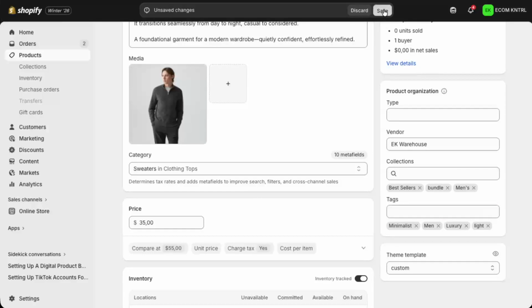After you've finished removing and adding tags, don't forget to save your changes. Go to the top or bottom of the page and click the Save button. Wait a moment for Shopify to update, and your new tag settings